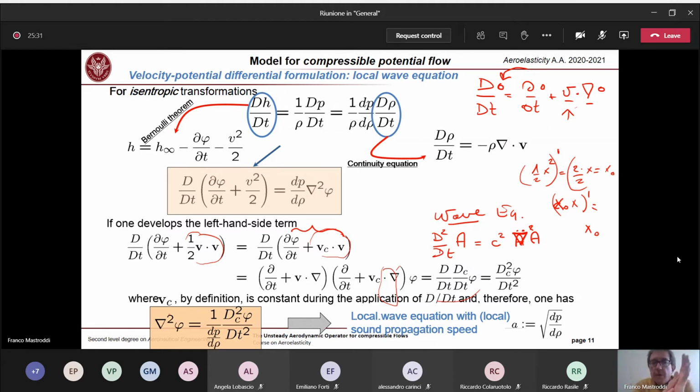Okay, so summarizing, we have a nonlinear equation, and this nonlinear equation is similar but not identical to a wave equation, but is a nonlinear wave equation in the sense that we have a non-constant velocity of propagation of the wave, and we observe this wave propagation in a frame of reference which is moving, not following the particle during the motion. Okay, so